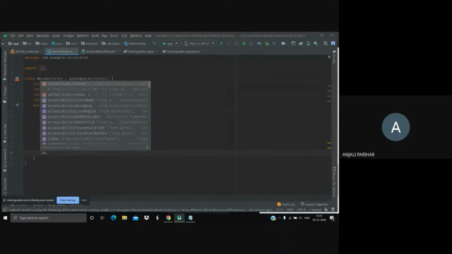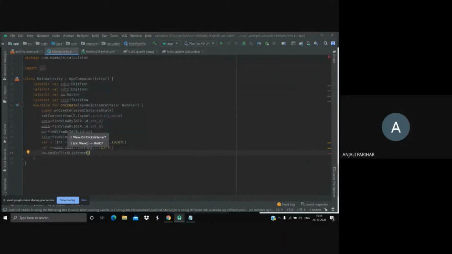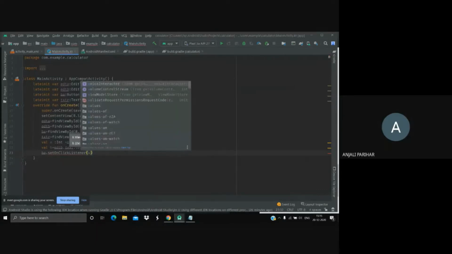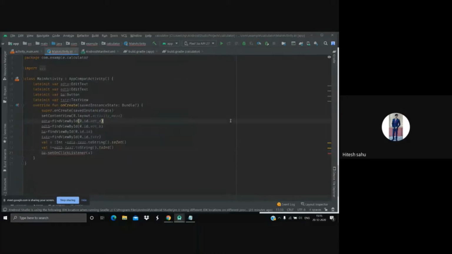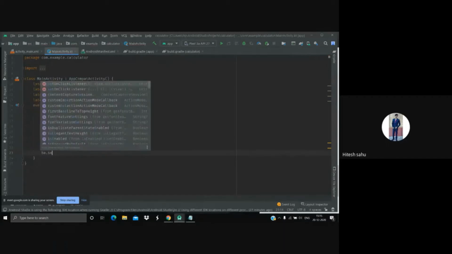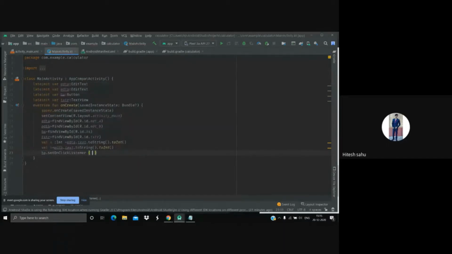So we have a function here. Whenever someone clicks on any widget, we have a function called set on click listener. What set on click listener does is, whatever code you write inside this set on click listener function will run when you click that BA button. So this is how things are done. It is similar to what we do in Java, or in any other language. We have to apply this click listener to each and every button.